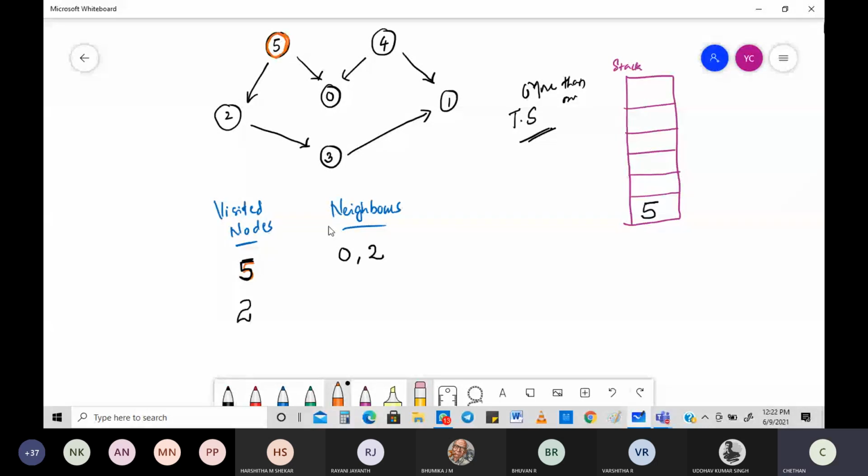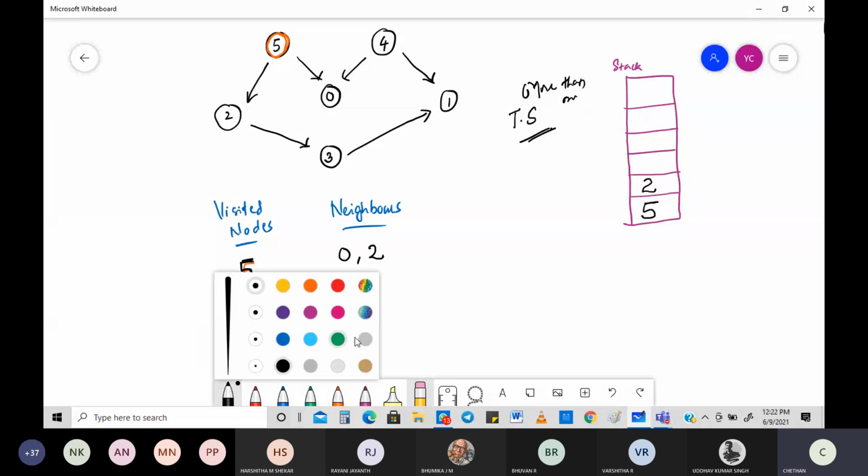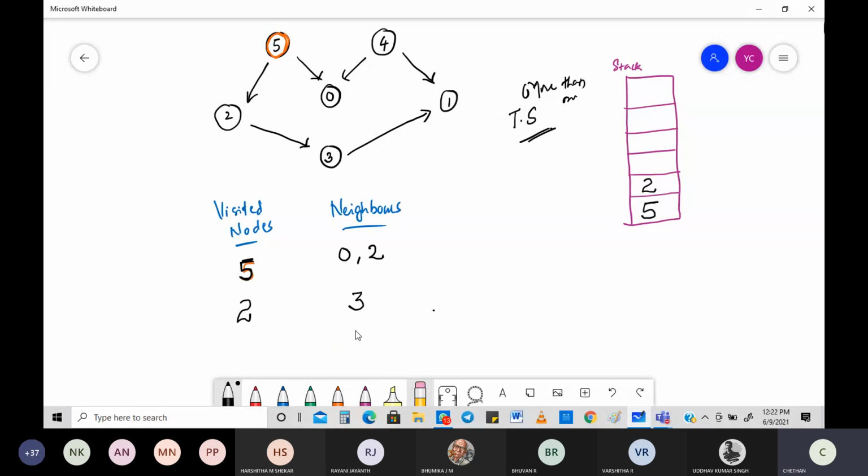Now I'm going for 2, so I'll push that into the stack. 2 is coming right here. What are the neighbors for 2? There is only one neighbor for 2, which is 3. So the next thing is 3. I'll write that 3 right here and push it into the stack.